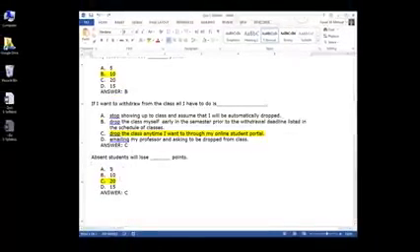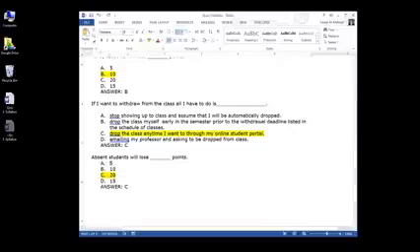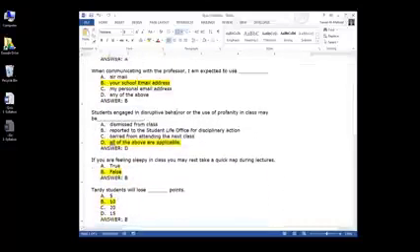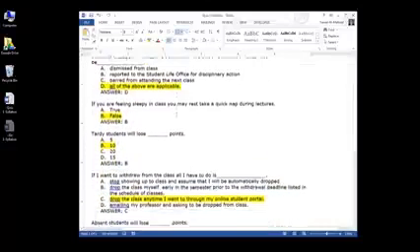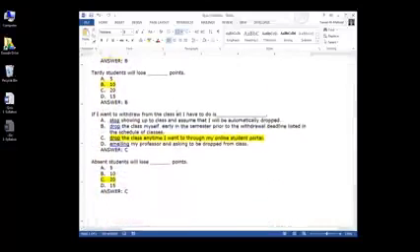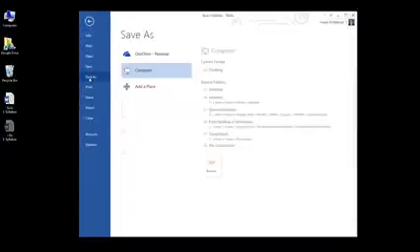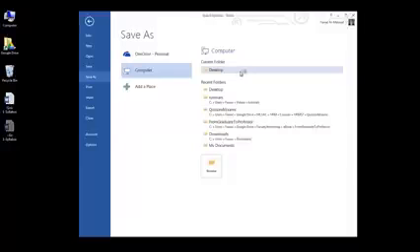And then go ahead and delete the space that is between the question and the correct answers. Once you've removed the numbers, the space between the question and the answers, and you've typed out your answers in all caps, check your document to make sure that it looks clean and that everything is formatted correctly. And if it is, go ahead and click on File, Save As, and I'm going to save this file to